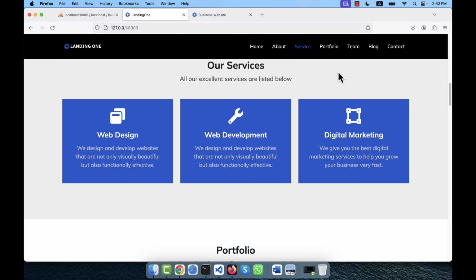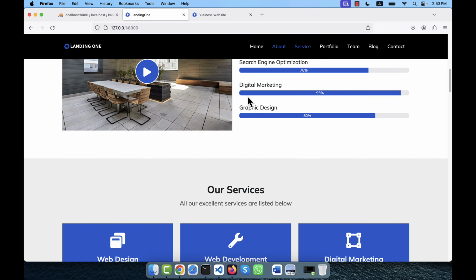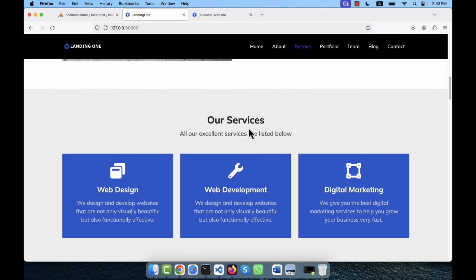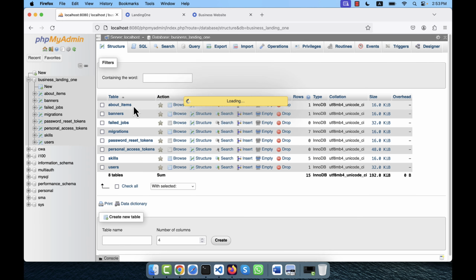Now I am going to work with the service section. You see that I already have worked with the home and about section. Now after about there is a service section. So what I did in the case of about, you see that in my table I added a table here